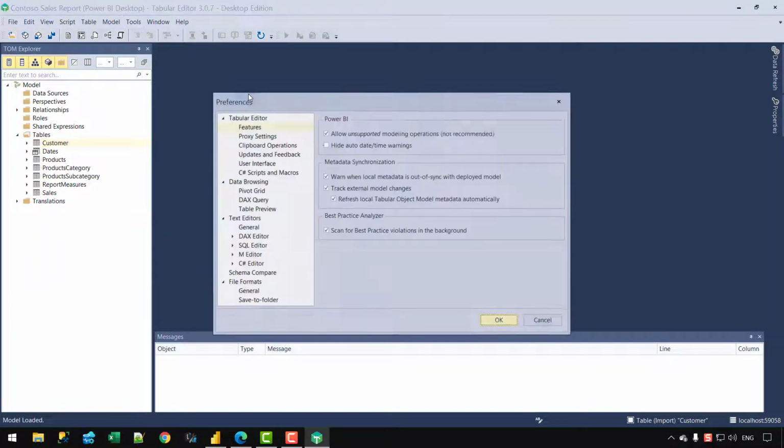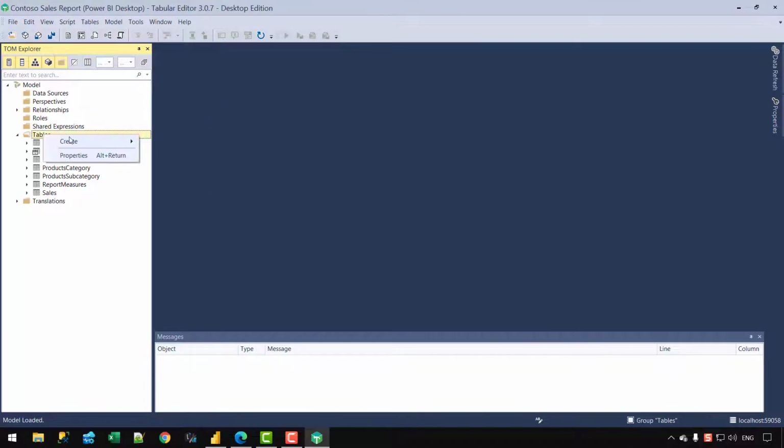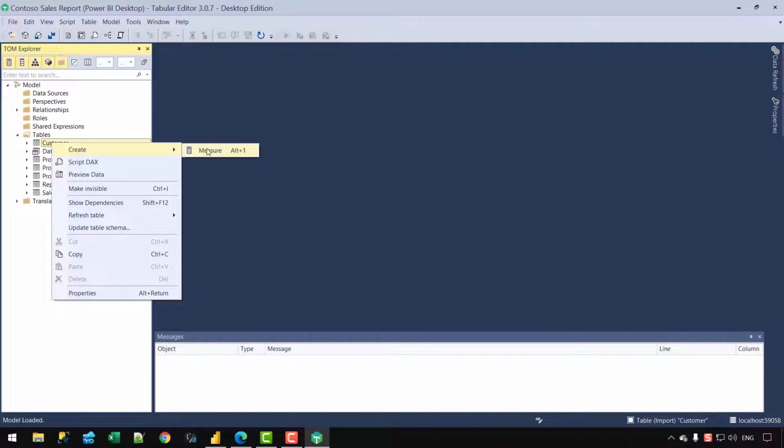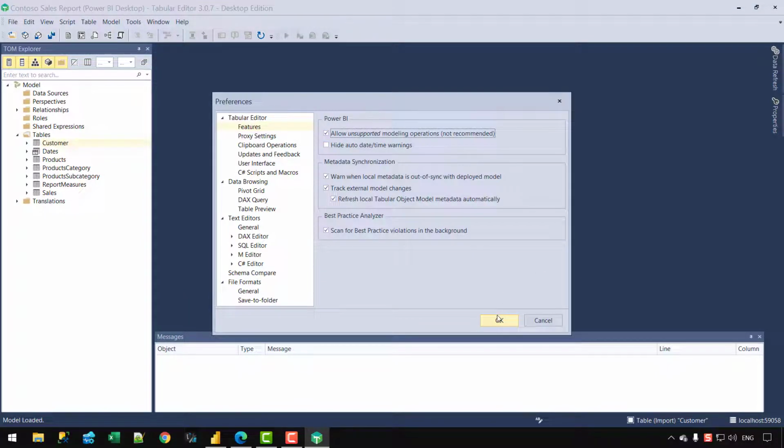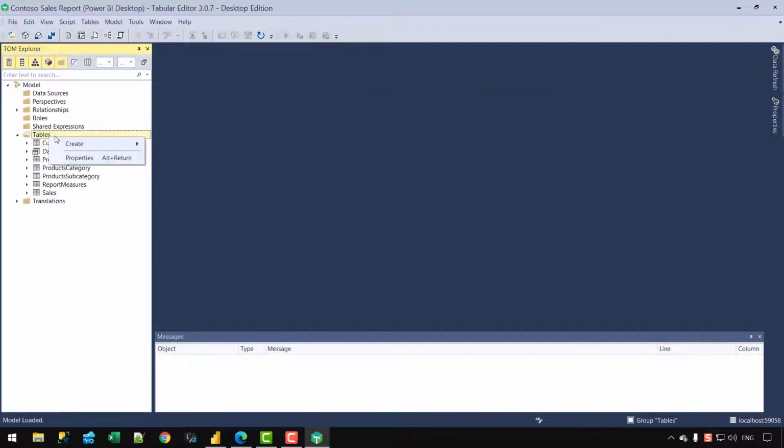But if I turn off that option by unchecking that, you will see that if I click on the table option, I only see the option of creating the calculation group and not the calculated table and the table option. And if I click on the table, you can see that the only option that is available is of creating the measure. So let's go back and check that once again, and what I can do is simply right click on the table and click on the calculated table option, or alternatively I can press Alt+6.